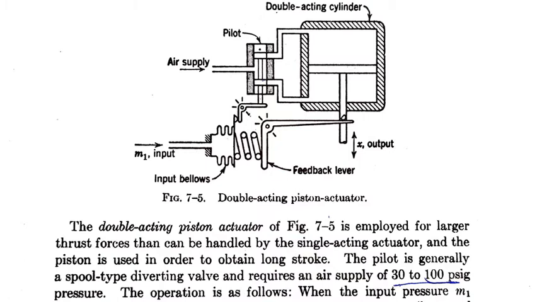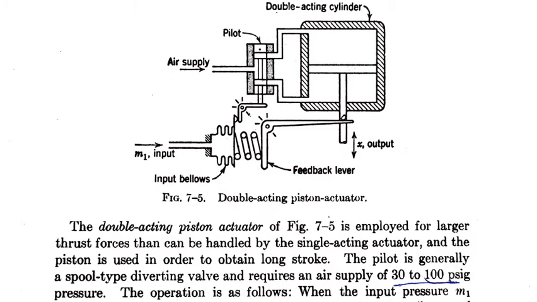So when this piston moves down, the stem also moves down. Whenever the piston moves up, the stem also moves up. The stem will move up or down according to the input supplied here. If input is supplied from the bottom side, it will move up. Whenever it is supplied from the top side, the stem will move down. So same construction, but here we are not connecting any diaphragm. You see the operation procedure.